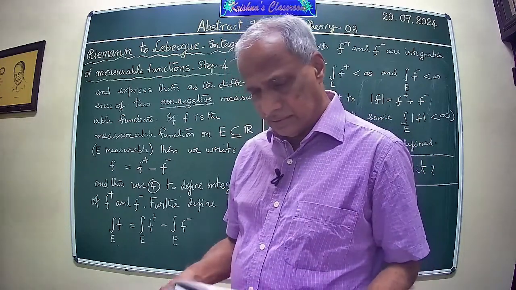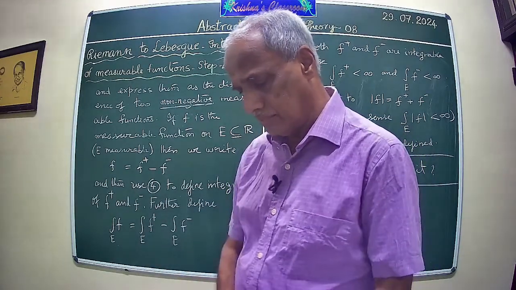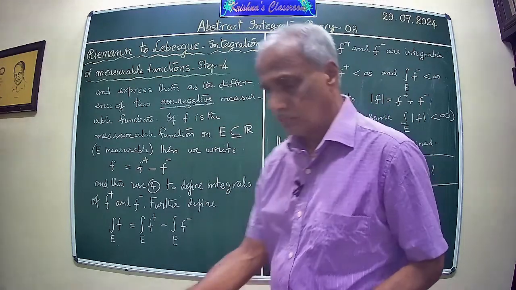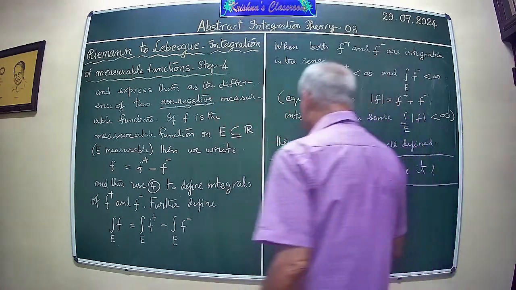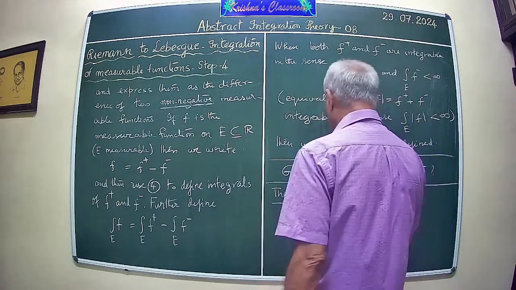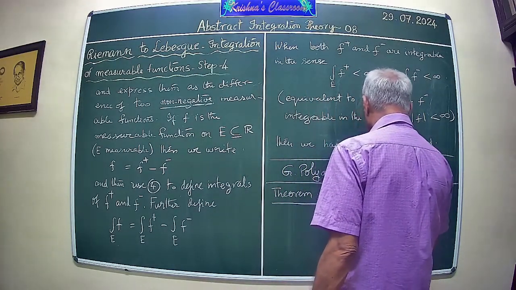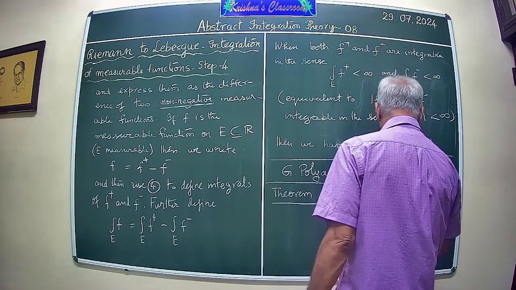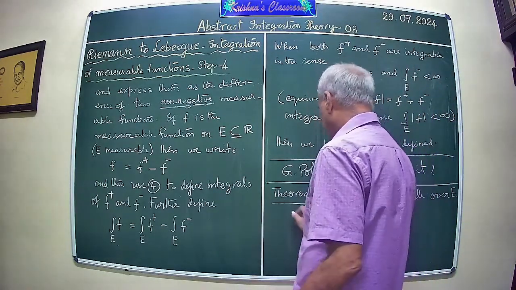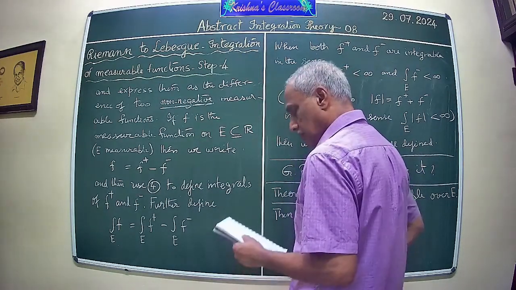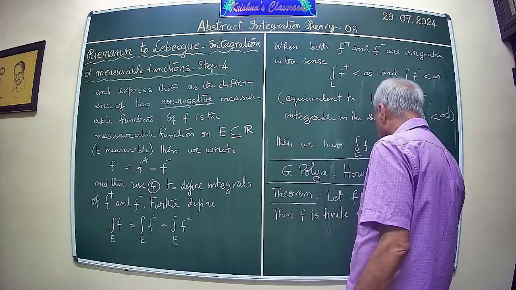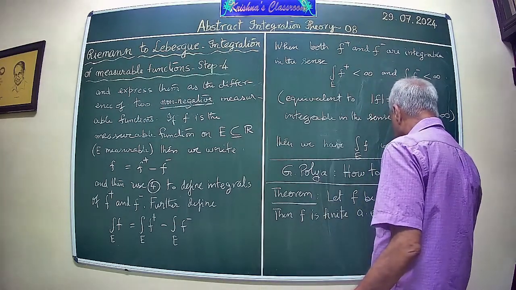Now, having done this, we have more or less completed the integration process. Now we look at some of the properties of integrable functions. So we have the following theorem, with inferences that we can make. Let f be integrable over a measurable set E. Then f is finite almost everywhere on E, and